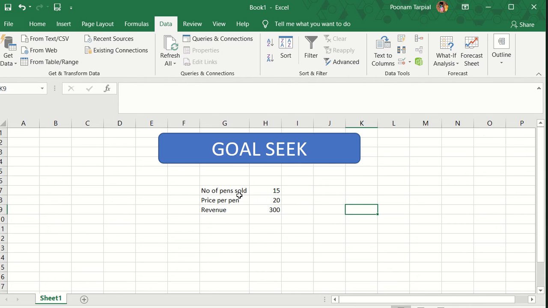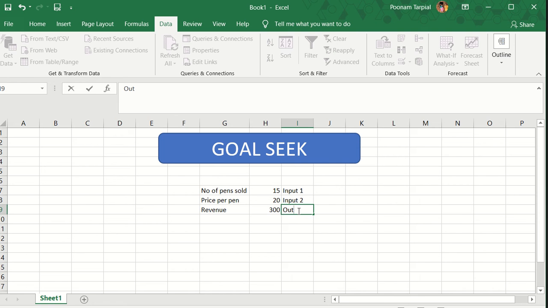So these are the two input values, input value 1 and input value 2, and revenue is my ultimate output, which we get when we multiply these two values, input 1 and input 2.